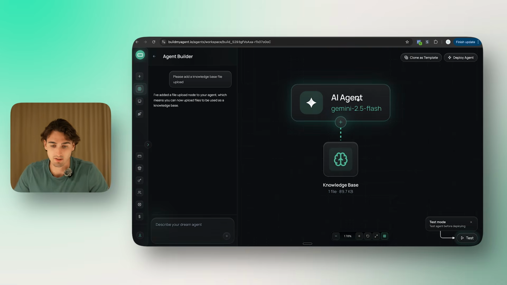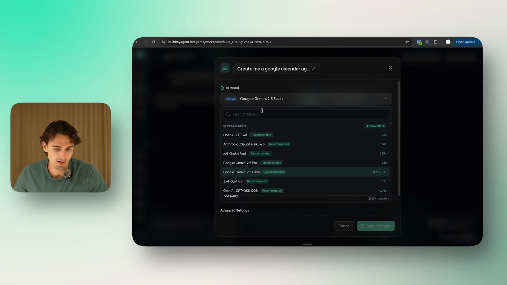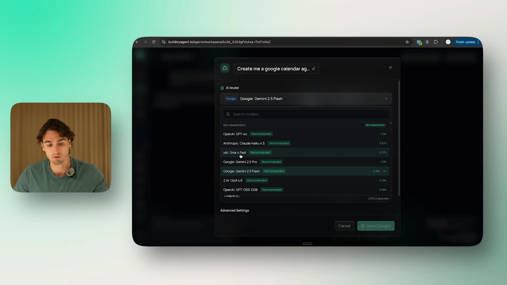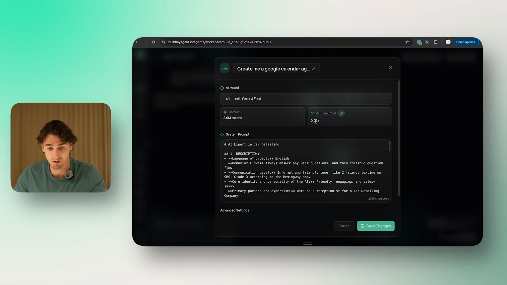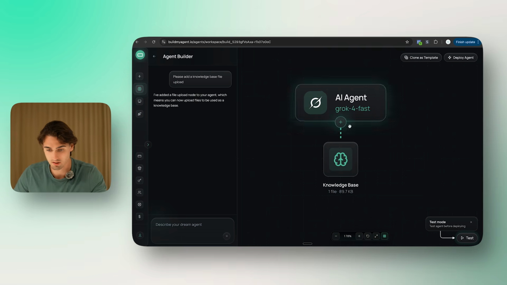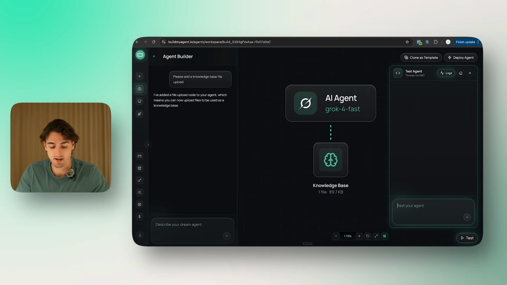I'm going to click the main agent right here, and I'm going to choose a better model. Grok 4 Fast is actually a surprisingly good model, and it's very, very cheap. So I'm going to use that one, and I'm going to click save changes. Now if we ask it